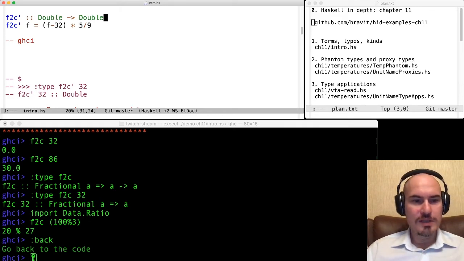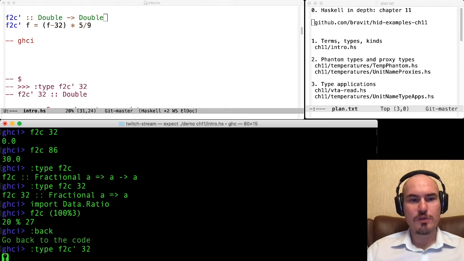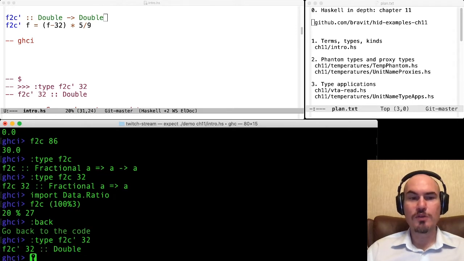And if we look at it now, this function works over doubles. Although we've used 32, which looks like an integer, thanks to the properties of GHCi, it is considered a double value. And we also have a result of type Double.